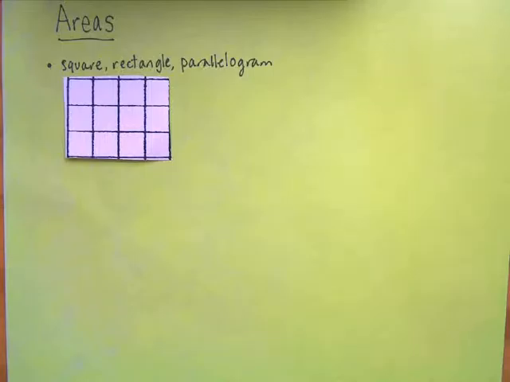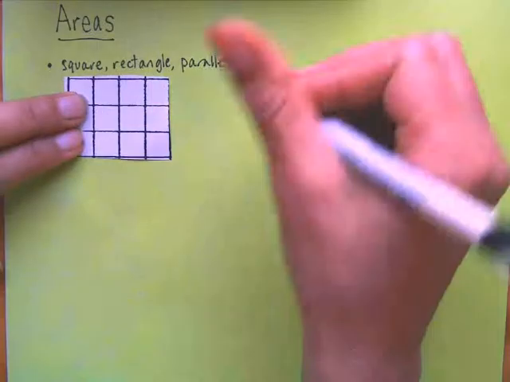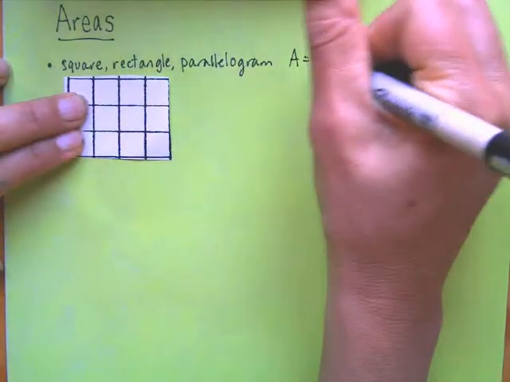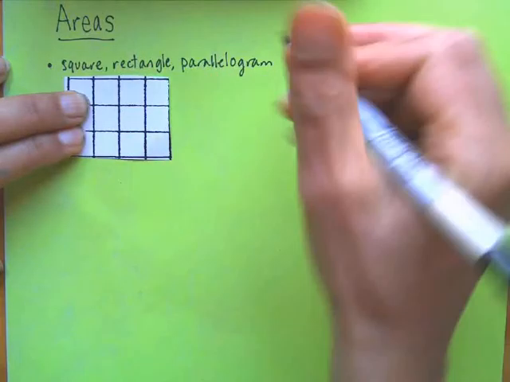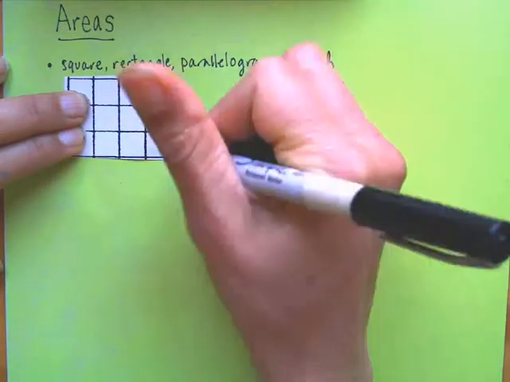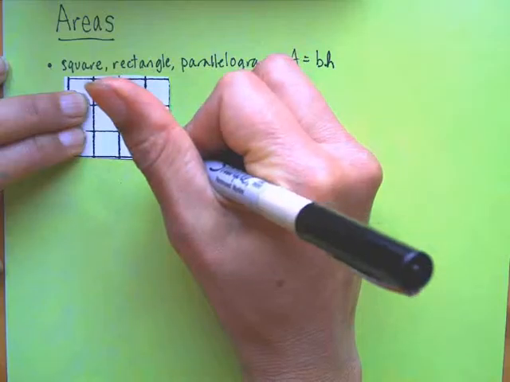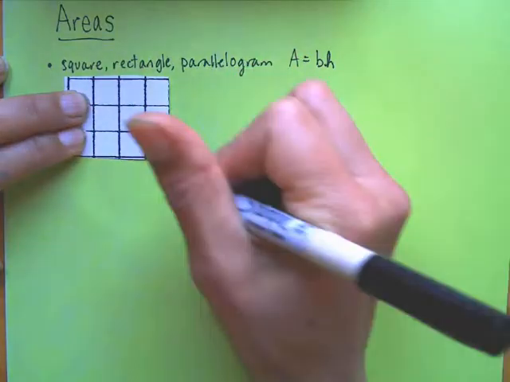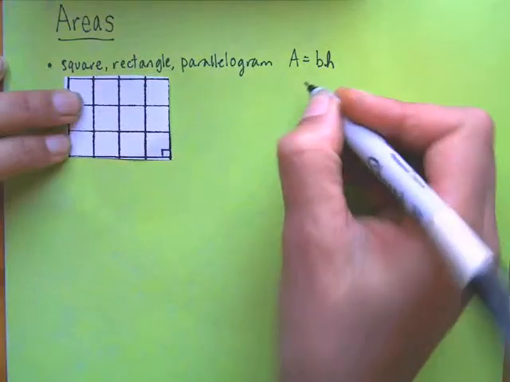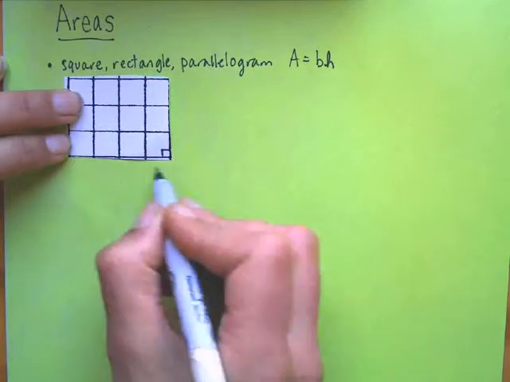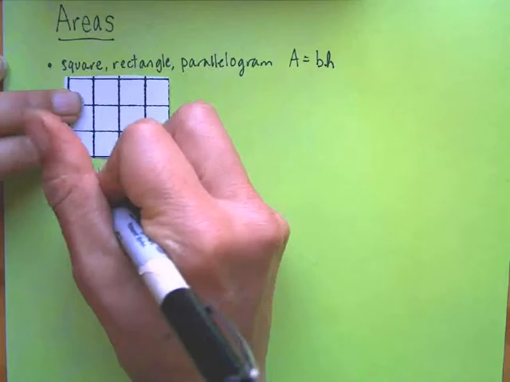This is a little recap on the area formulas for some regular shapes. So first off, if you have a square, rectangle, or parallelogram, the formula is area equals base times height, and the height is always perpendicular, so you can have a 90-degree angle. You can see, for example, in this one here, we have 4, so the base equals